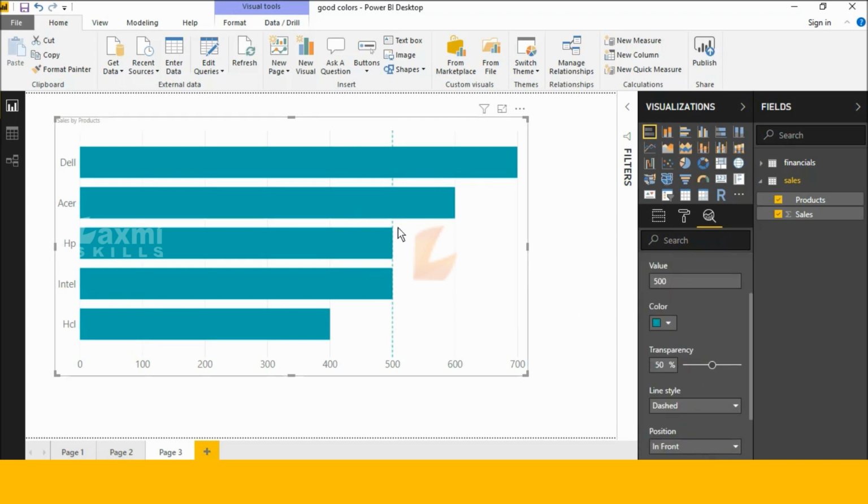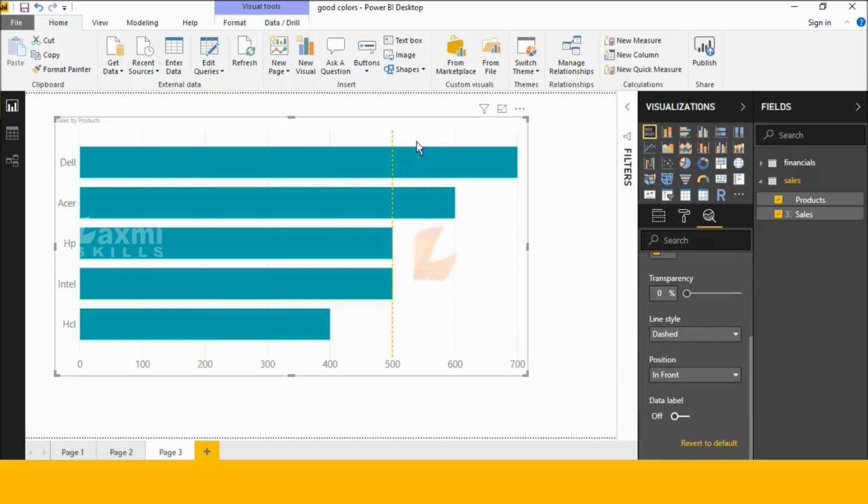If you want to change this constant line color, click this drop down and select any color. See, this is automatically showing that color. Decrease this transparency. See this, now if you want to change the line style, it's possible here, select solid or dashed